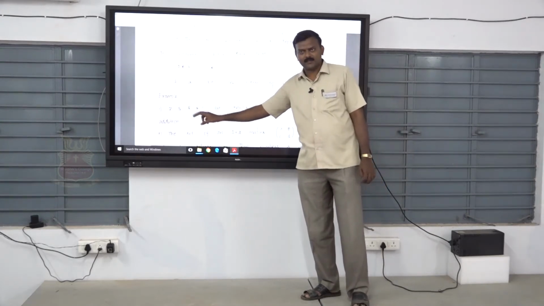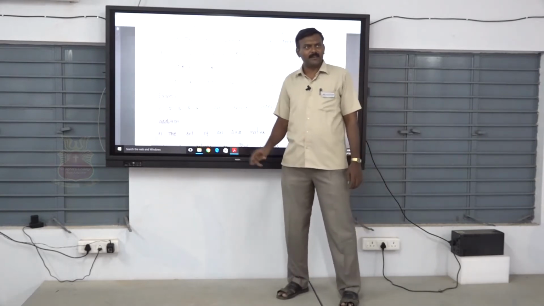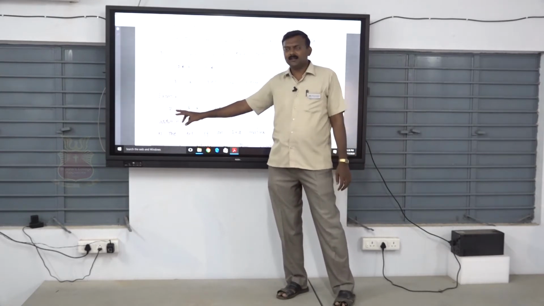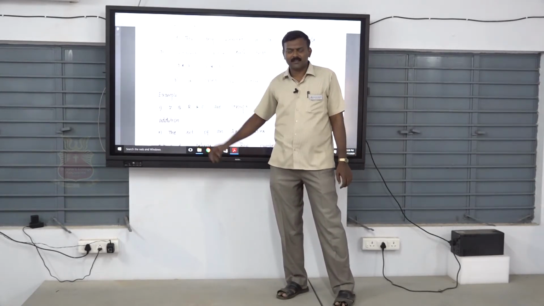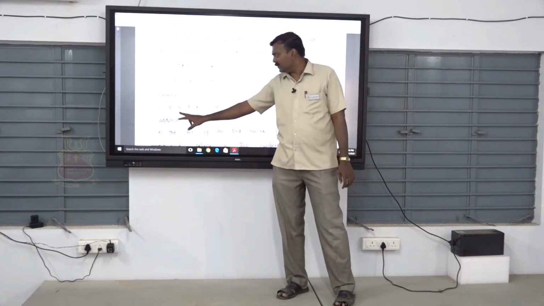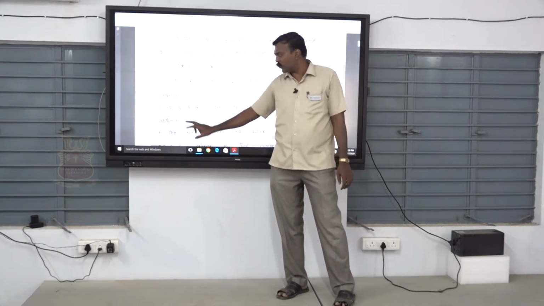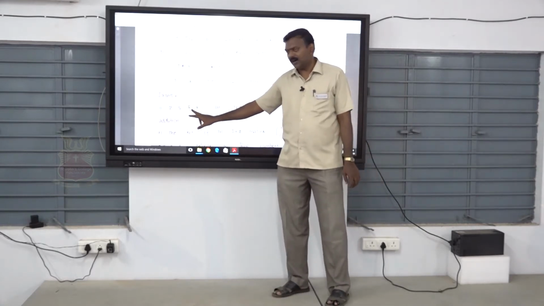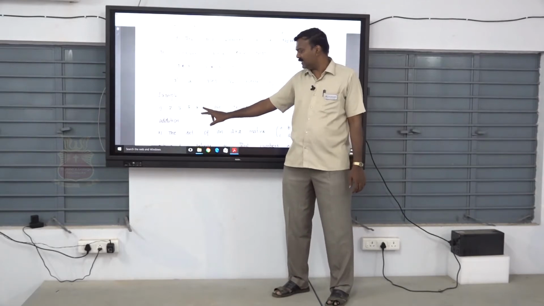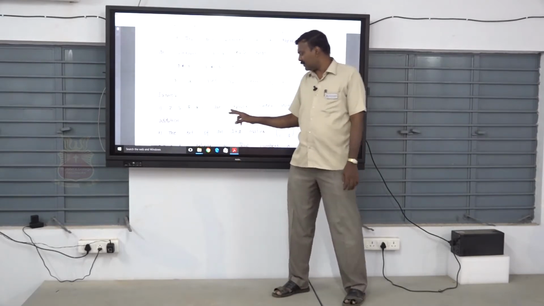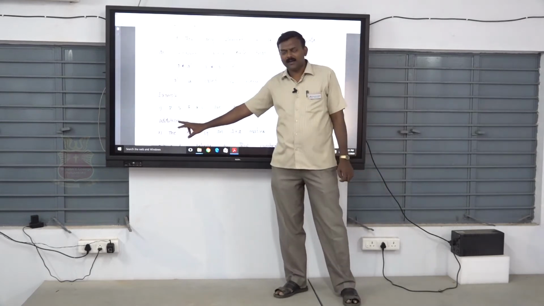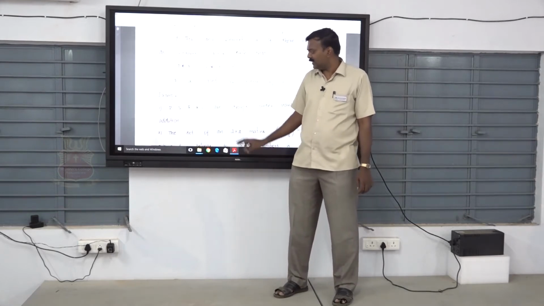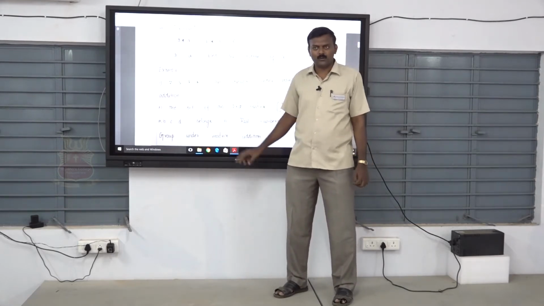Example: Z. Z means integers, plus or minus 1, plus or minus 2, plus or minus 3, etc. This Z is a group with the operation addition. Next, Q means rational numbers, R means real numbers, and C means complex numbers. The sets Z, Q, R and C are groups under usual addition.